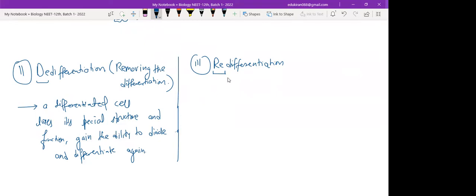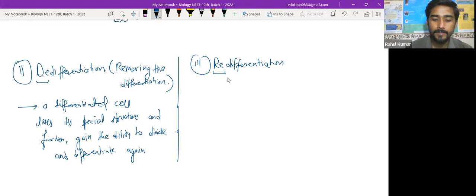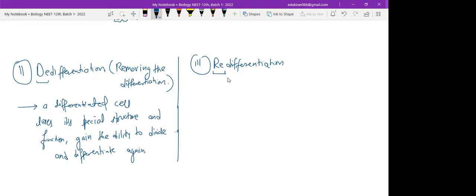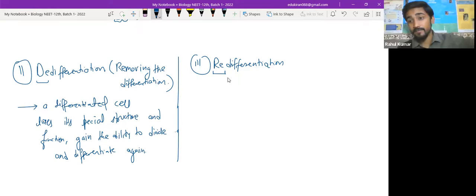Yes or no? People, say yes or no? Yes, sir. So to redifferentiate, you have to dedifferentiate. Okay. So differentiation, going back is dedifferentiation, then again coming to differentiated form is called redifferentiation. So write down redifferentiation